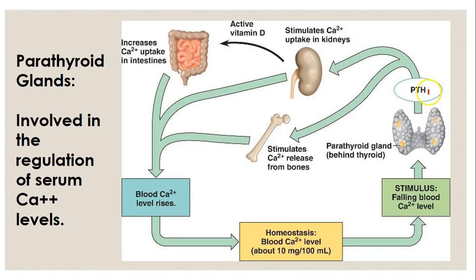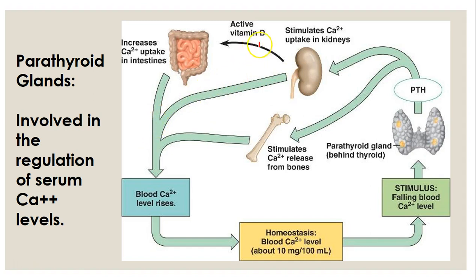produce PTH. PTH will then stimulate both the release of calcium from the bones back into the bloodstream to elevate it. It will also stimulate the kidneys that will reuptake calcium in the tubules of the kidneys, and so it won't be released in the urine,